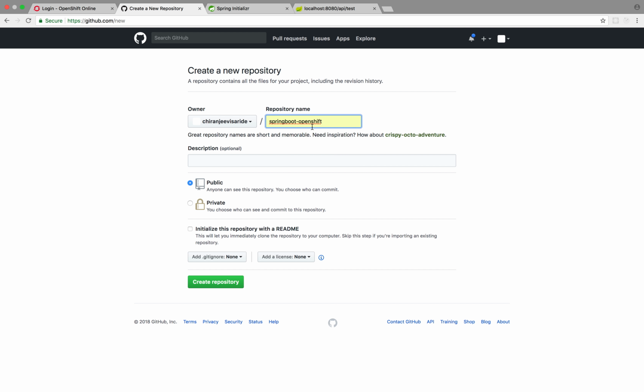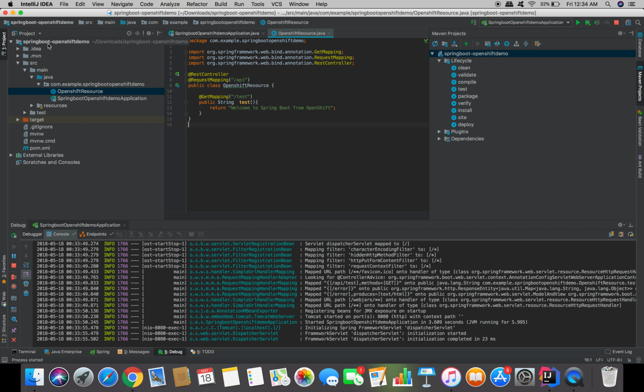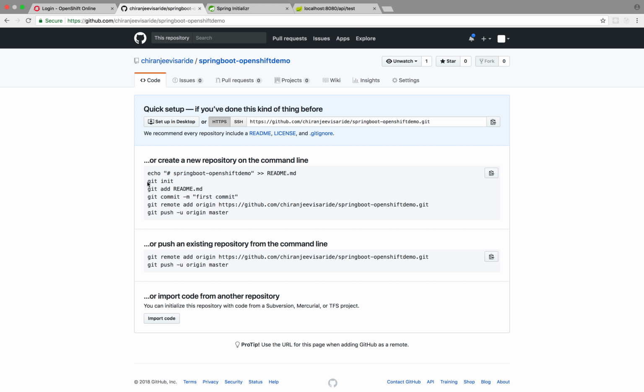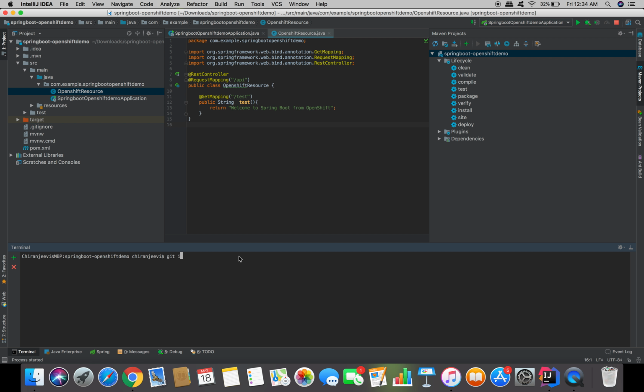I would call it OpenShift Spring Boot demo. As you know, it should be the same name as your project name. So git init, git add all the files, git commit,